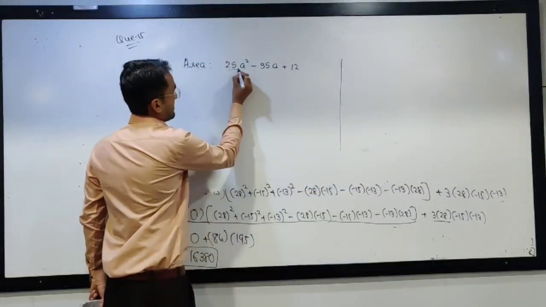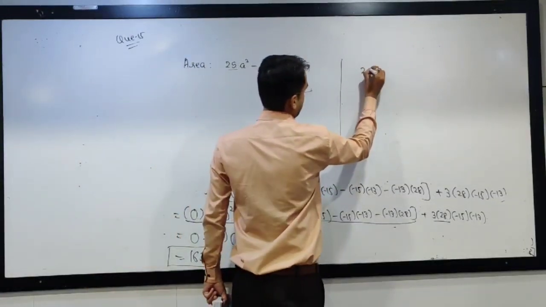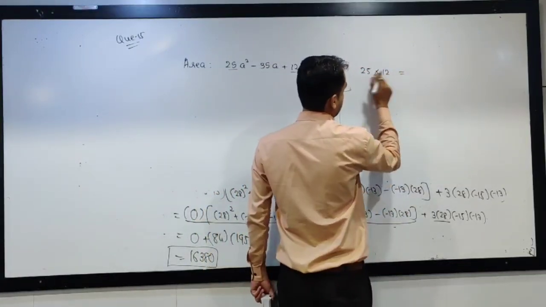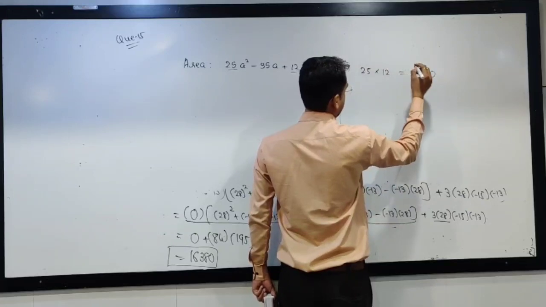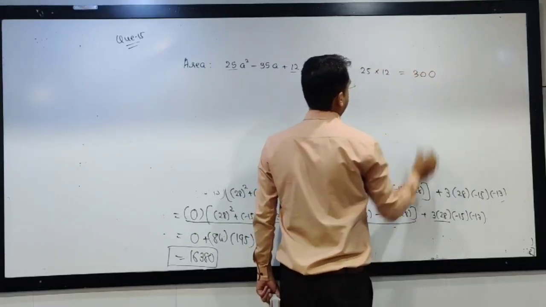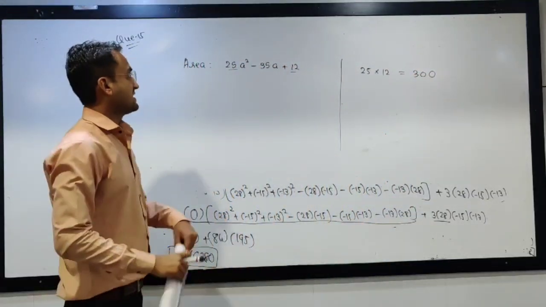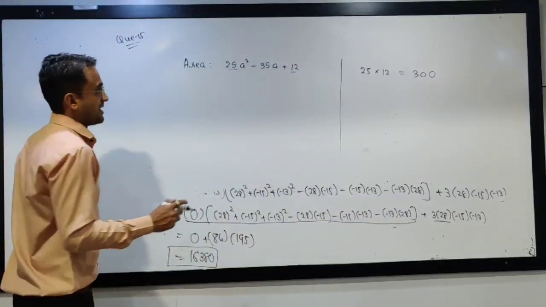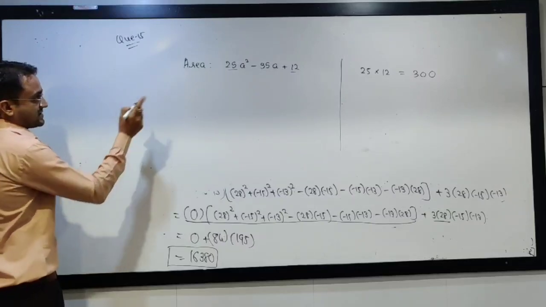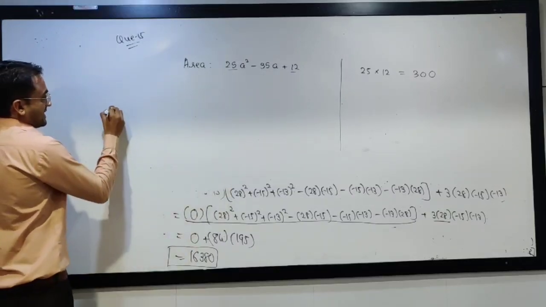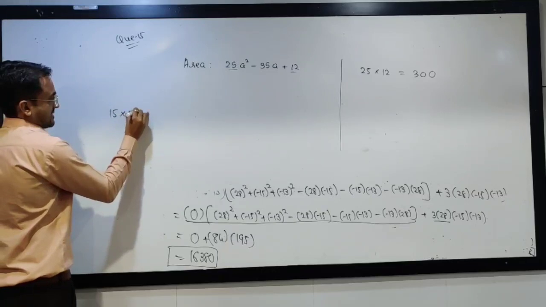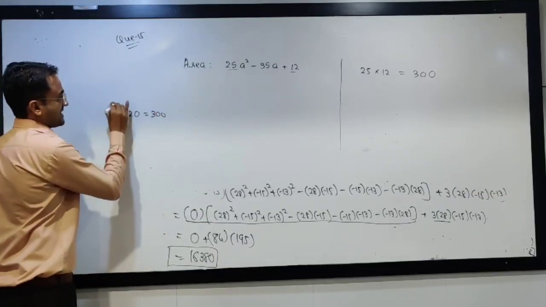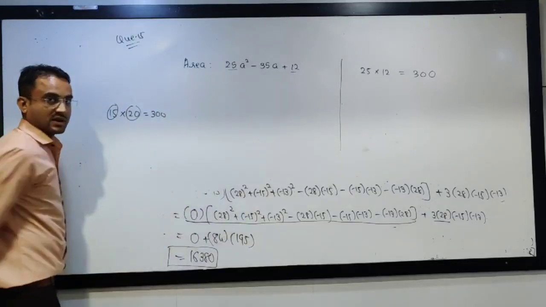So what we have done? We have done the multiplication of these two. Right? What is the multiplication of these? 300. Now we have to see in which table 300 comes and make 35 from it. Okay? So friends, 300 I can write like this: 15 into 20 is equal to 300. Using these two, you can make 35.